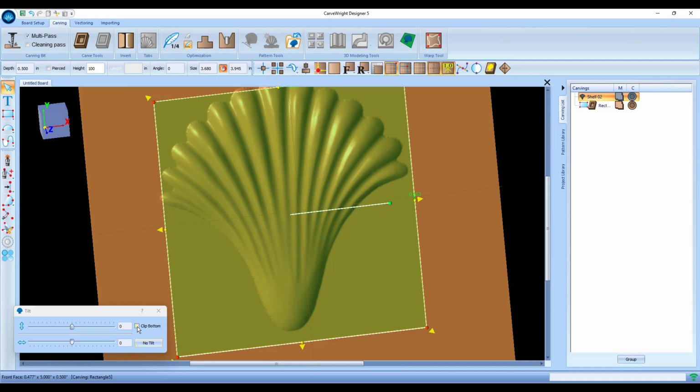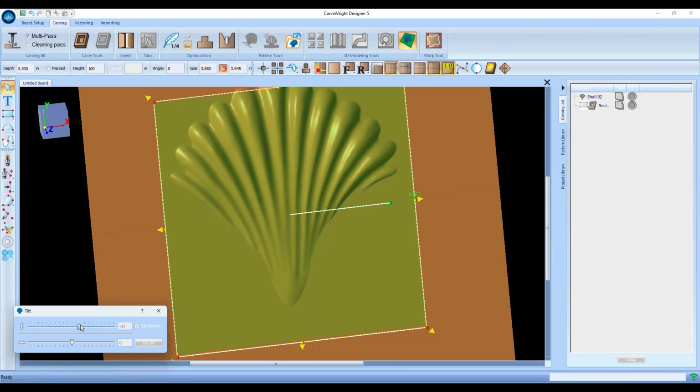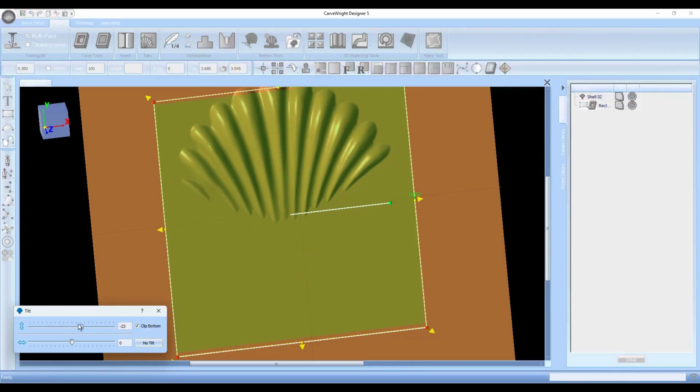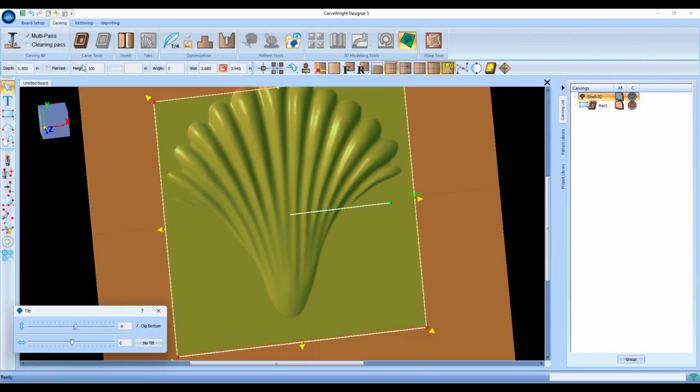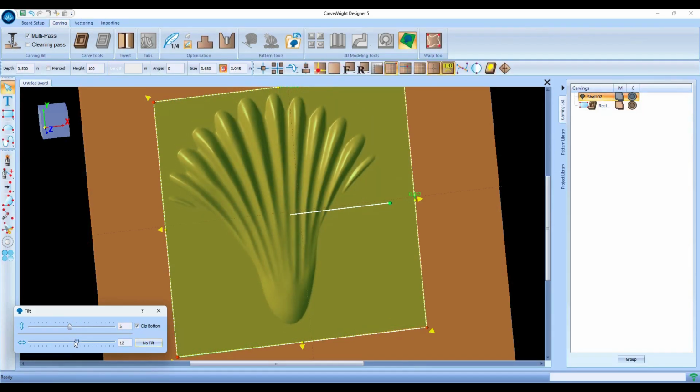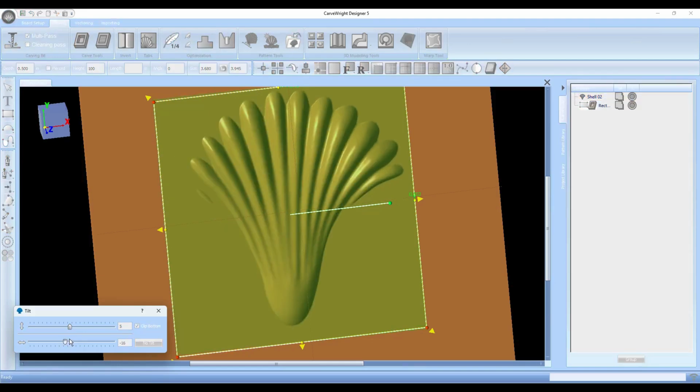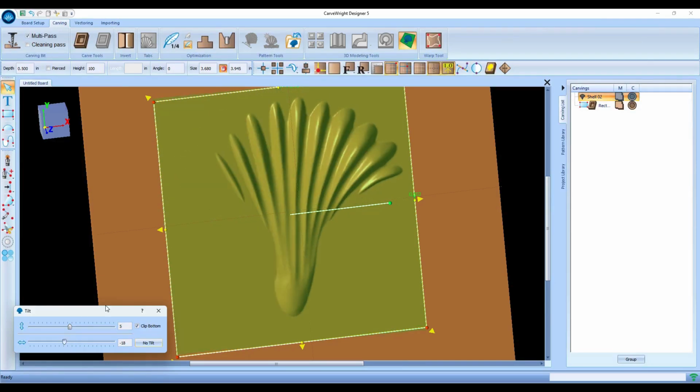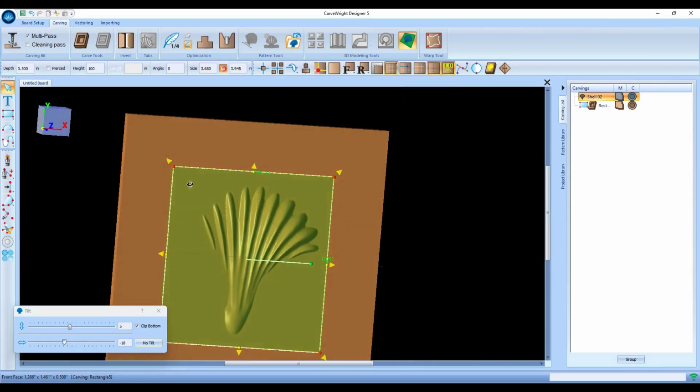And one other thing we can do here is what we call clip bottom. When we do that and we apply a tilt, notice that it essentially drops out the pattern. So it's not increasing the height, it's just dropping that out. Again, you can apply both a horizontal and a vertical tilt. And this is the tilt